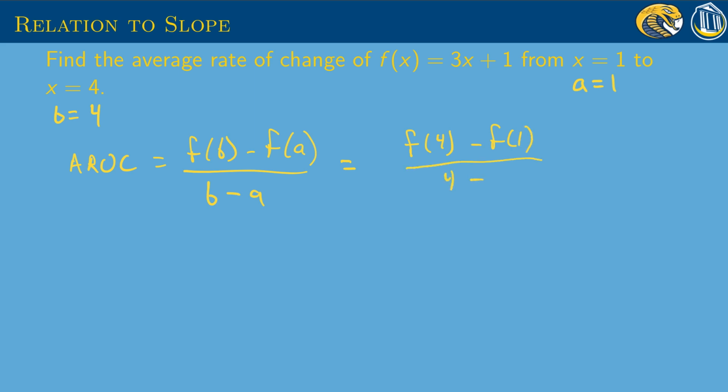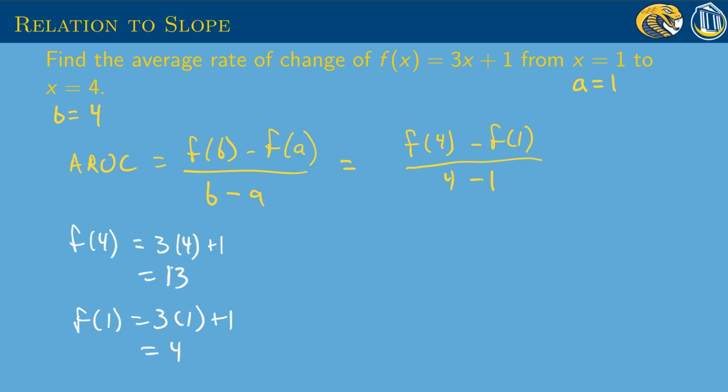by 4 minus 1. If we evaluate this function, we can see that f of 4, that's 3 times 4 plus 1, which is 13. f of 1, that's 3 times 1 plus 1, that's 4. And so in our numerator, we can write f of 4, that's 13, minus f of 1, that's 4, all divided by 4 minus 1. Doing this math, 13 minus 4, that's 9, 4 minus 1, that's 3, and we get our final answer is